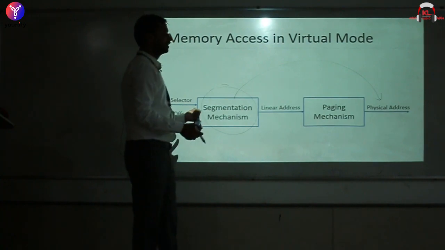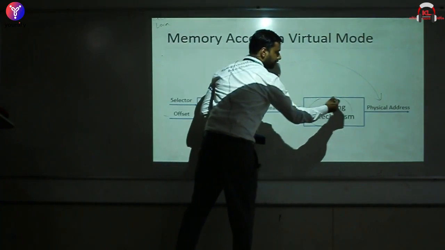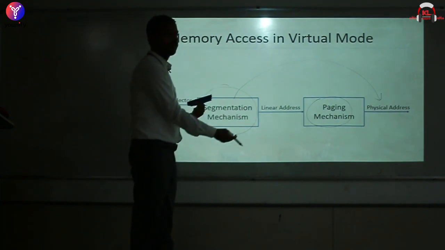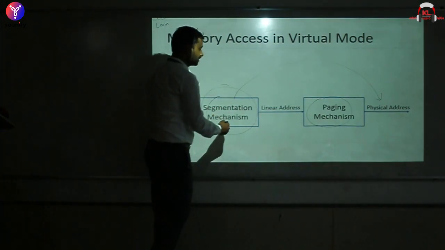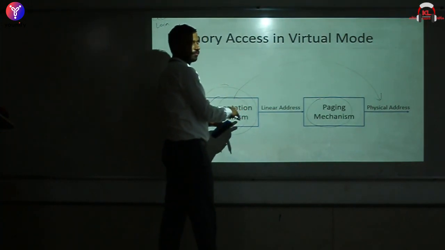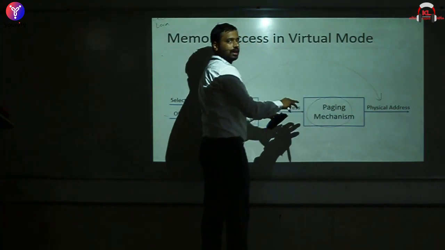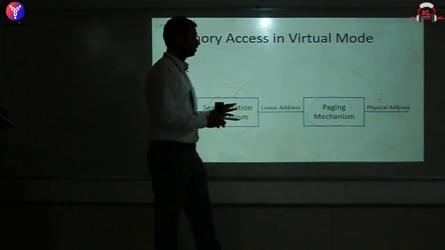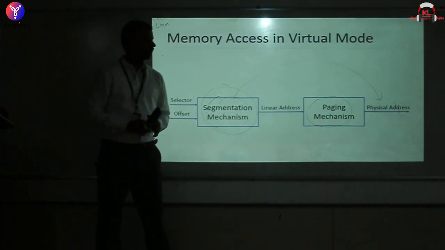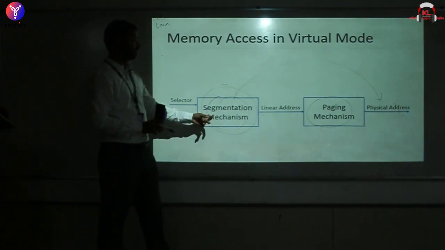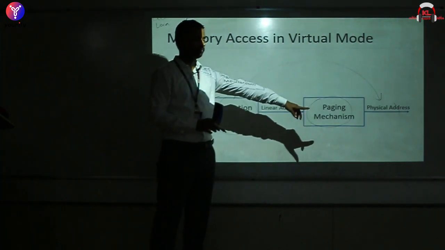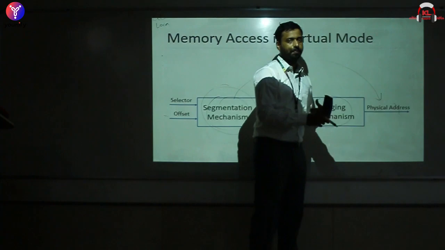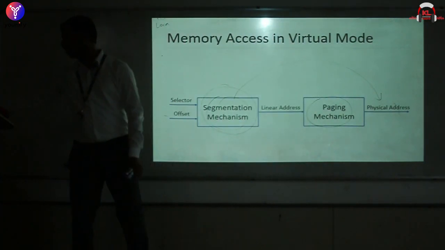The other way we can generate a physical address is using paging. When we use paging, we are dividing the blocks further into something called pages. So we have a base address which will select the segment. From the segment, we need to select a page. In a page, we need to select the address, and then we translate it into a physical address. So two forms are possible. Whenever we don't use paging, your linear address is equal to the physical address. If we have paging, your linear address goes to the paging unit, and the page translates it into your